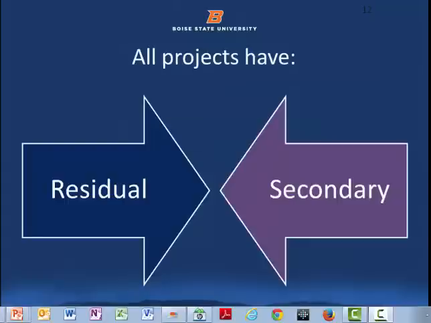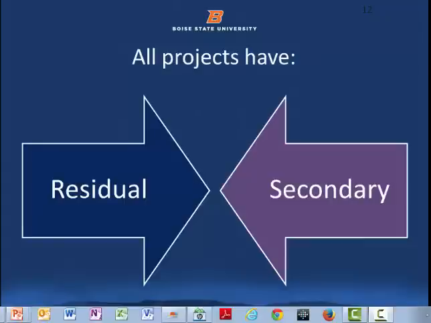We'll spend a good deal of time throughout this series of classes talking about residual risk and secondary risk. Residual risk is that risk, no matter how hard you plan or how hard you invest, there's always going to be something in the project that there is a risk. It's one of those things, that's why you go to work every day, to see what's going on and basically look at what is happening going from there.